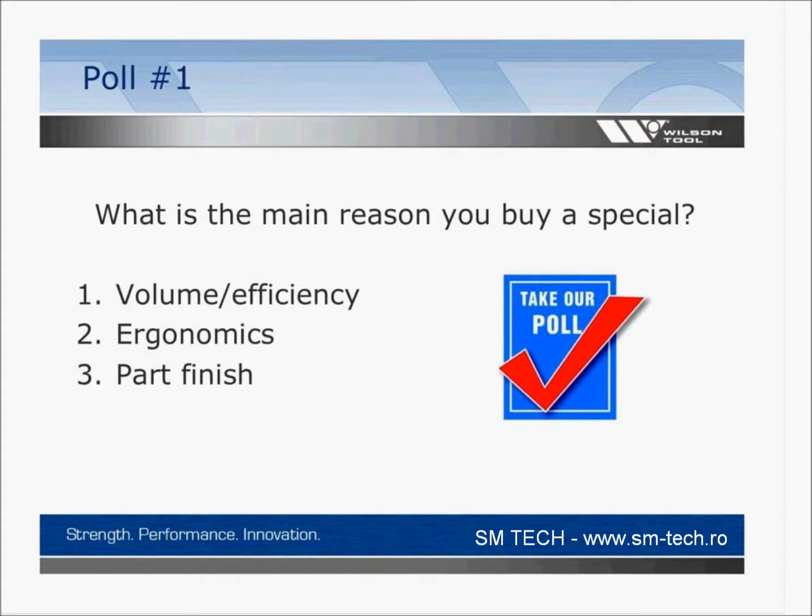Okay, and within the seminar, we ask a few questions. Some of this is for our purpose, but we'd like to know why would you ever go and buy a press brake tool? Before I start talking, what are your thoughts right now? So if you want to pick either 1, 2, or 3, you can only select one. All of these might be driving forces, but do you buy a special because of the volume that you have and the efficiency you'll gain from the tool? Is it an ergonomic thing? Is it something to do with the part handling? Or would it be part finish in your case? So if you could select one of those,